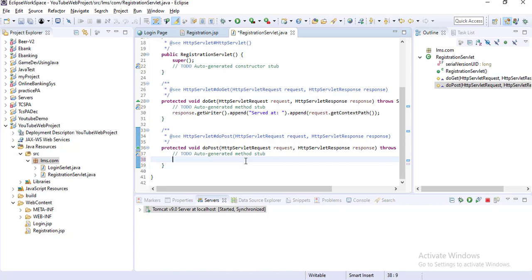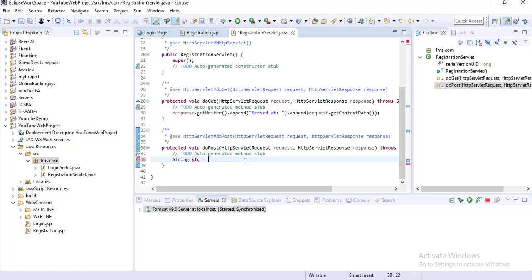Okay, whatever I send from the JSP page, I will take the values, all the parameters, and I will store those values into database. So that is my agenda. So for that, what I will do, I will first take one string variable, string, and then the first one was the student id, so I am giving the same as sid. Okay, so you can give a name like that, sid equal to